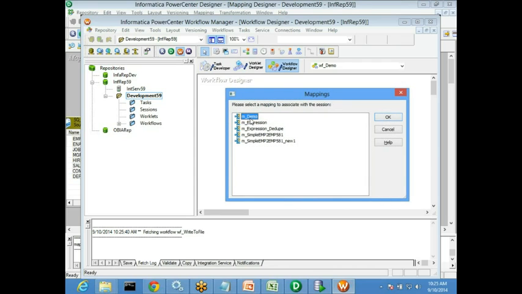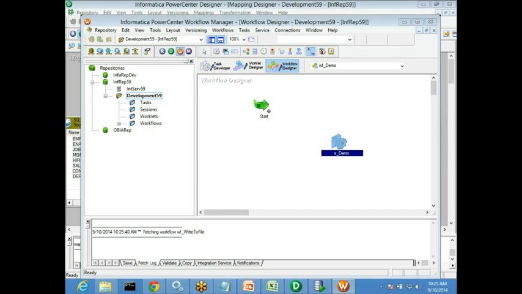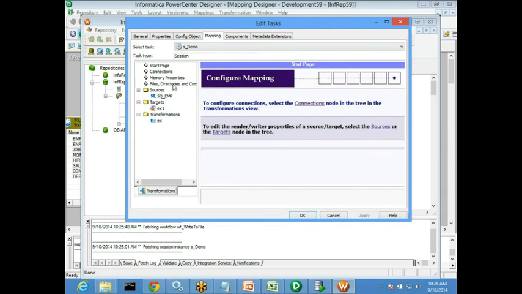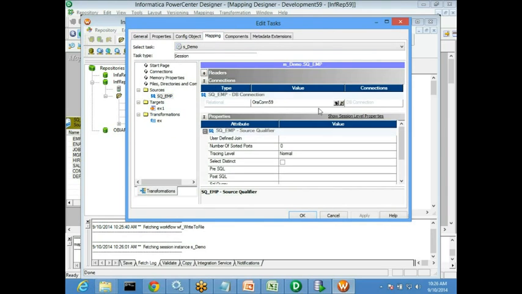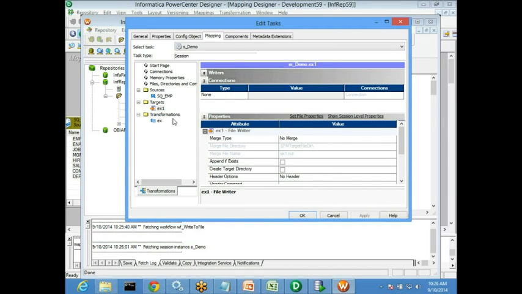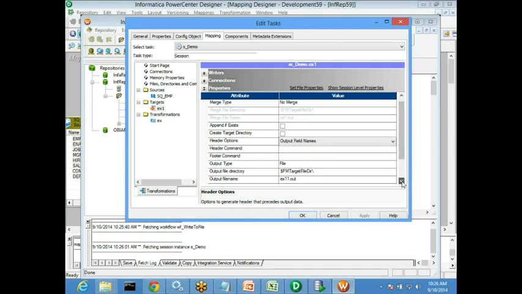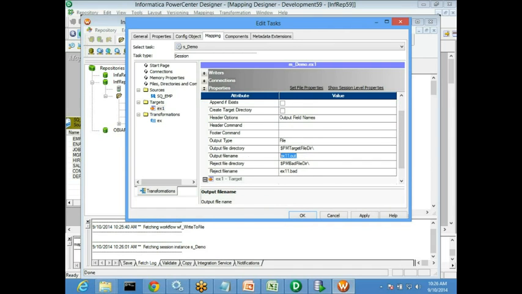So this is the one I'm going to run, which is previously created, and I'll give some connection information here. Means where you want to run this. All that connection information I will give here. And you ask it to write a file. So what is your file name and where do you want to place it? Okay, all that information you can configure, and again everything graphically. So this is the file name I'm giving. So demo dot